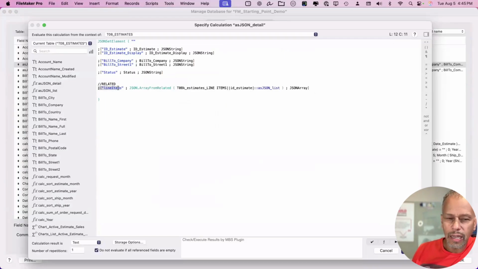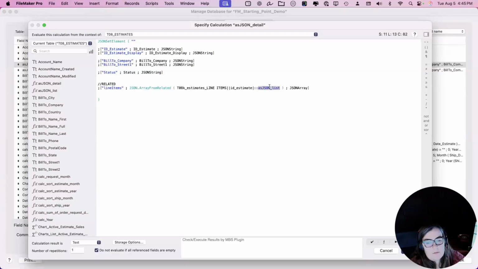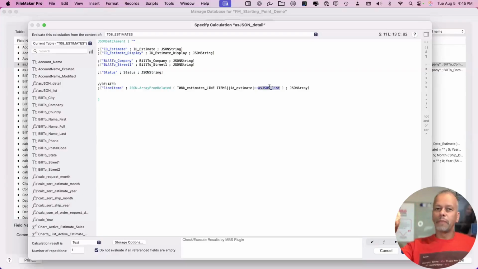It has a key, a related field called line items. And it's got this function called array from related. I'll explain that in a second. And it's pointing through the relationship, so it's a little trickier. It's pointing from the estimates to the line items of those estimates, and it's grabbing their as JSON. So they have their own little as JSON, creating little mini objects of each line,